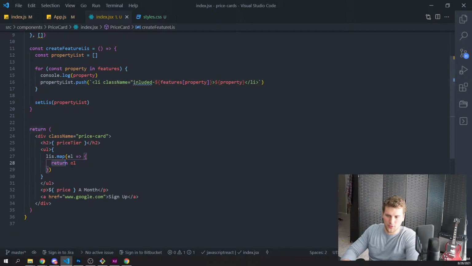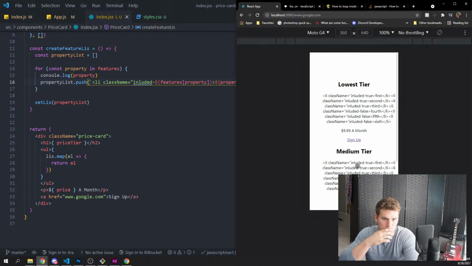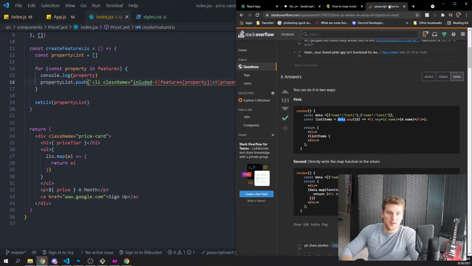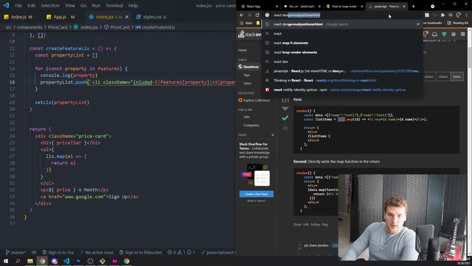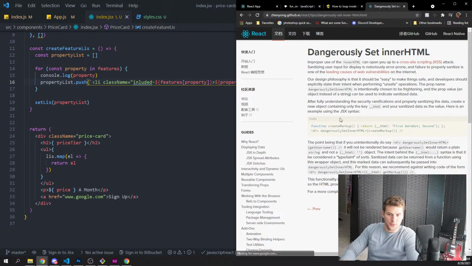So if I do, but I need it to have the class name of that. React dangerouslySetInnerHTML. We trust the content that's coming, so we can use this.